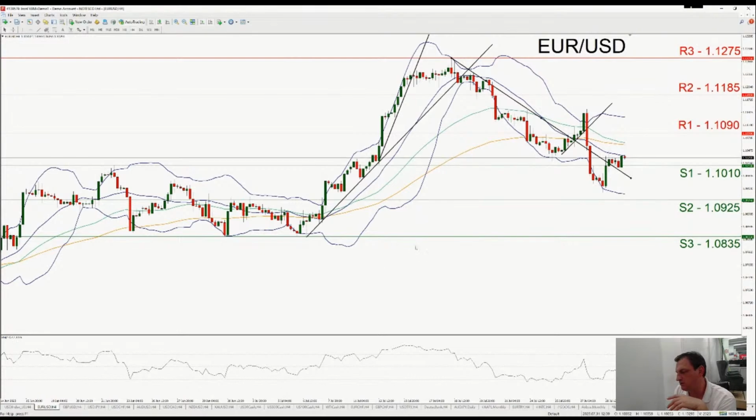While on the other hand, the RSI indicator has risen, yes, definitely that's clear, but it still remains below the reading of 50. So that does not exactly provide confidence in that. I would expect the price action to remain just above the S1 1.1010. However, I would be highlighting here that we have a euro which may be somewhat in a wait-and-see position,